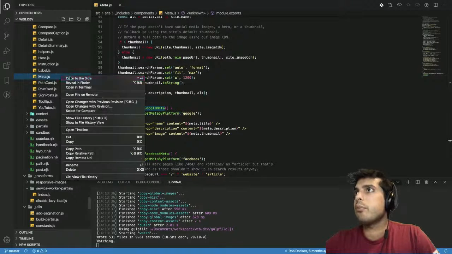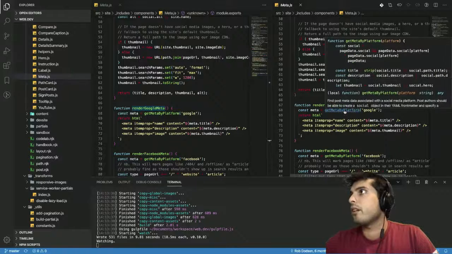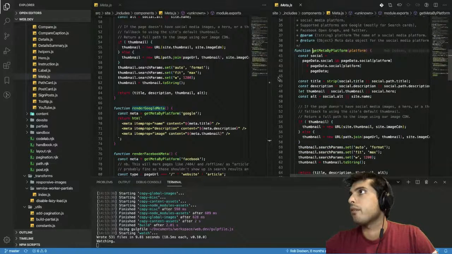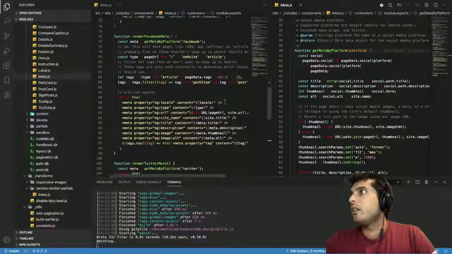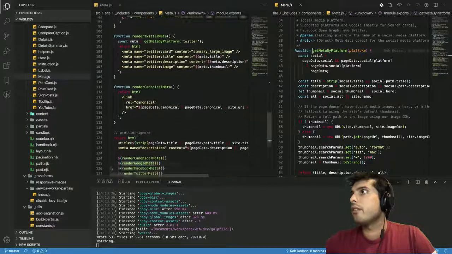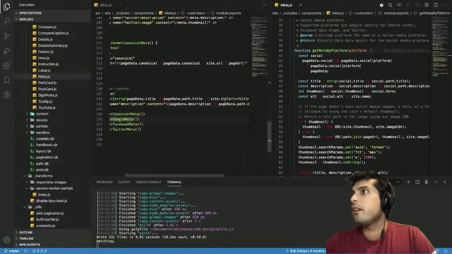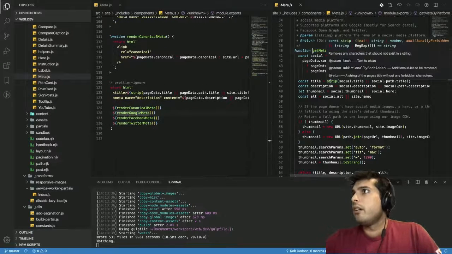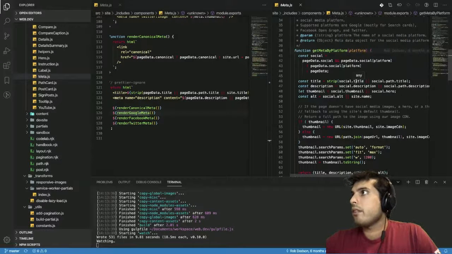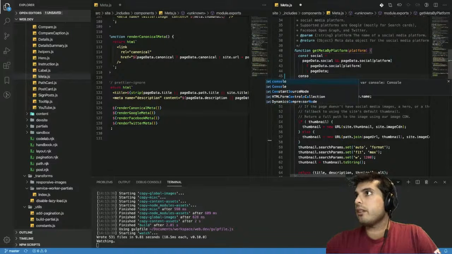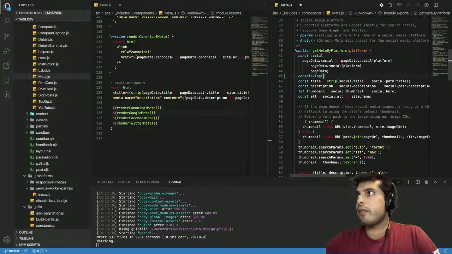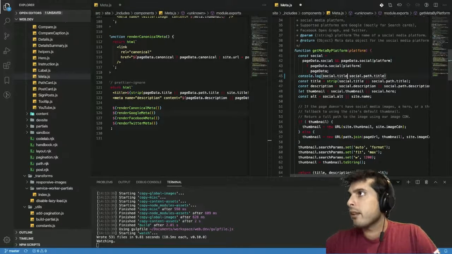Here, I wonder if I can get these two bits side by side so we can see. Get by platform here, and here. So I believe that, all right, let's see what the actual title that's supposed to be rendered by the get meta platform is actually showing. So I'm gonna console log both of the titles here, but the